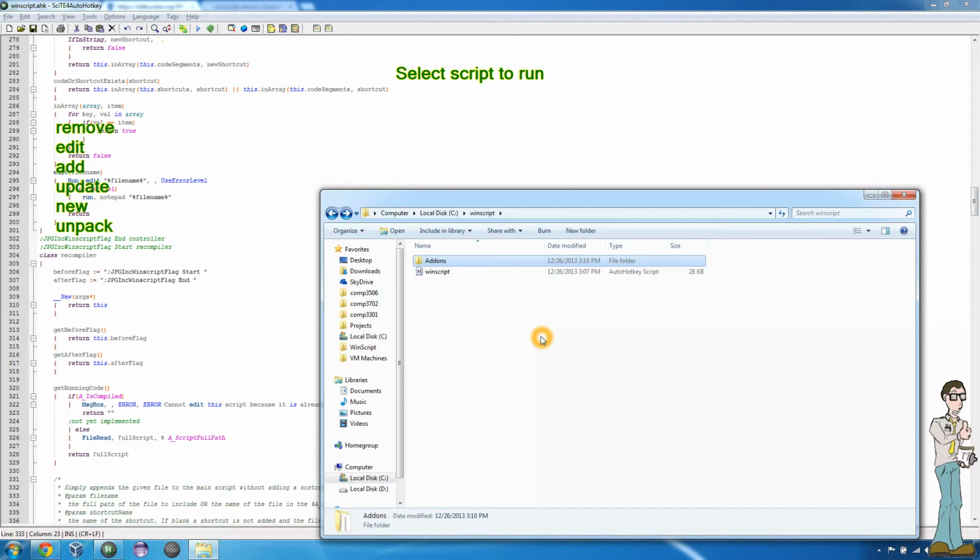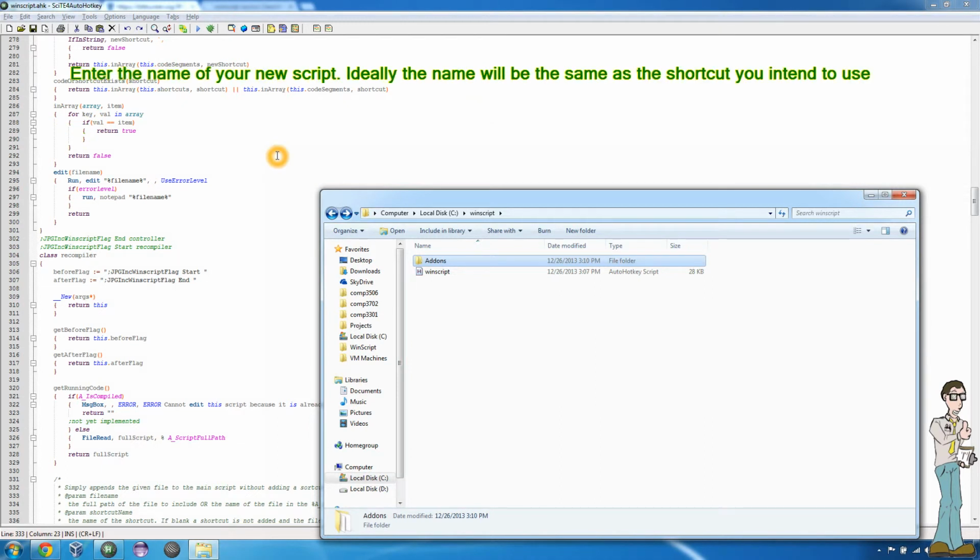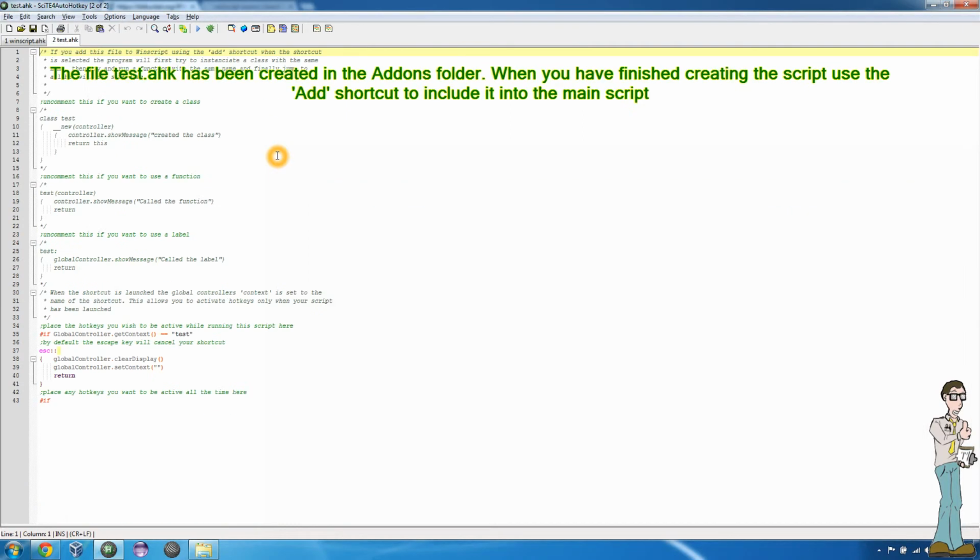So to run a shortcut, you type the shortcut name. Whatever is at the top is the shortcut that you're going to select. So you don't have to type in New, you can just do N and it goes to the top, and press Enter. So it's going to ask you to enter the name of the script. I'm just going to make one called Test. It's going to be a simple script. Just press Enter, and that's going to create a new file in that add-ons folder that you've seen,